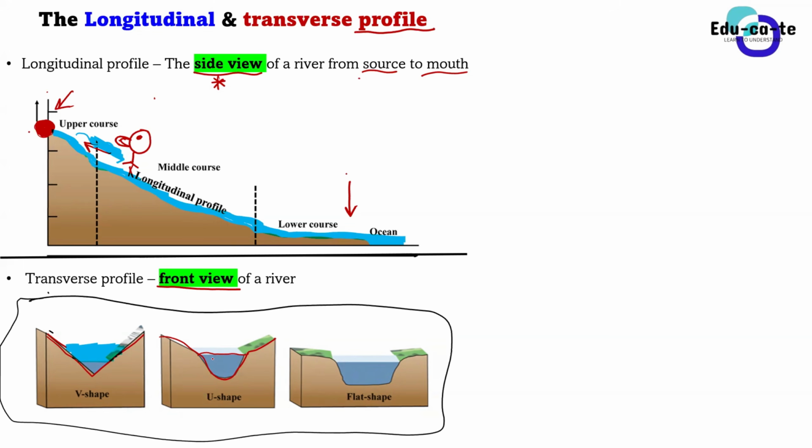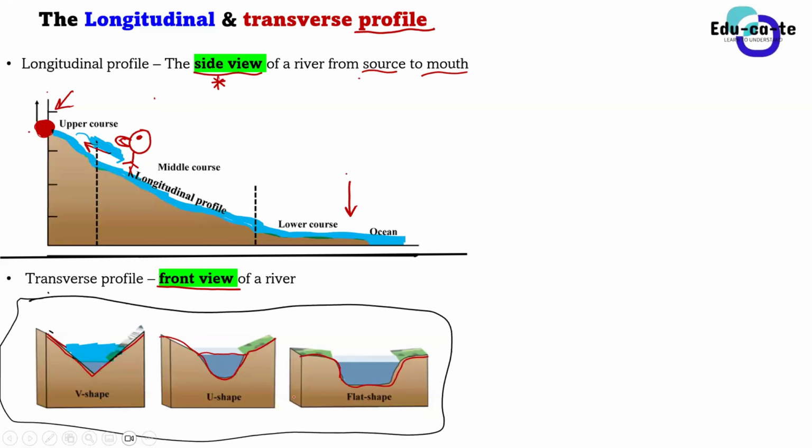If only we could make this lesson practical, I would take you to a river, guys, and you would get inside and I would say, this is a transverse profile, and you guys can see it. You are inside the river, able to see it in this way. And then you can also have a river's transverse profile whereby the valleys are flat-shaped. So these ones are wider. These are the types of valleys that you can have.